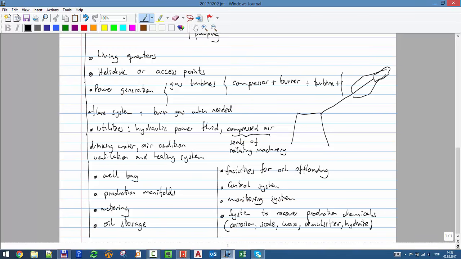And then we might have some minor things, but one thing that may be important, we might have a repair workshop. When we have to dismantle something and do a very simple inspection, you need a place to do that. So quite a lot of things. It's almost like a small city. So let's see